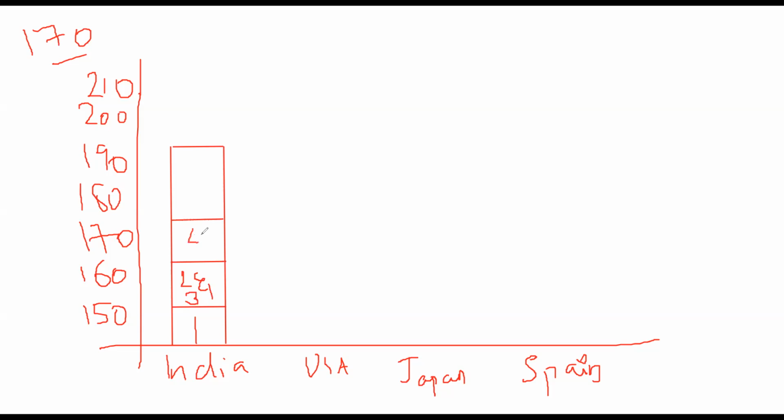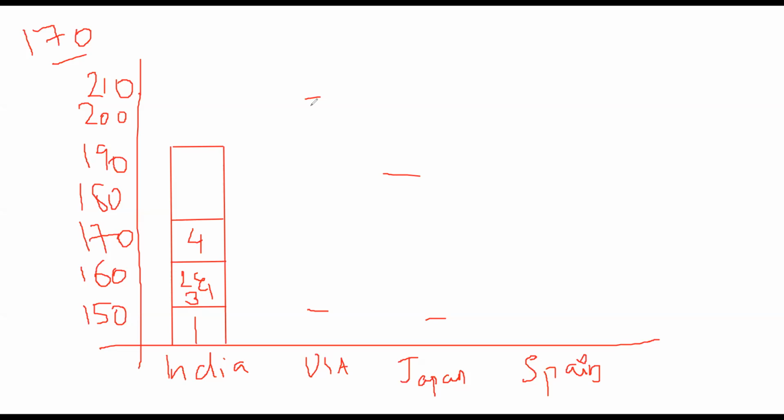So let's suppose the fourth state has an average height of the same way. It will work for other countries as well. I have USA which has around 50 states. Again, for those 50 states individually, what will be the height of men in each of these states, and it will progress accordingly. Okay. Some states having a higher average, some states having a lower average. Same goes for Japan. Some will have a lower average, some will have a higher average, and you'll be able to compare individually on an average what is the height of people in India, USA, Japan, and Spain.